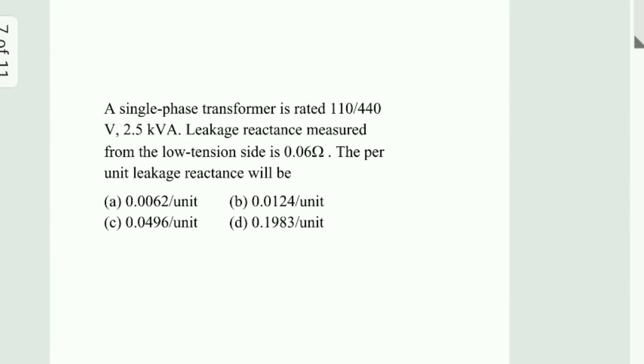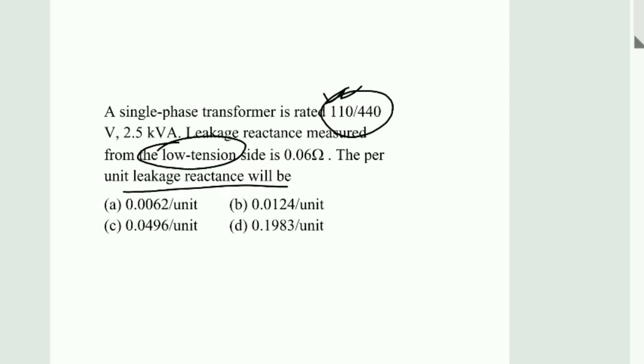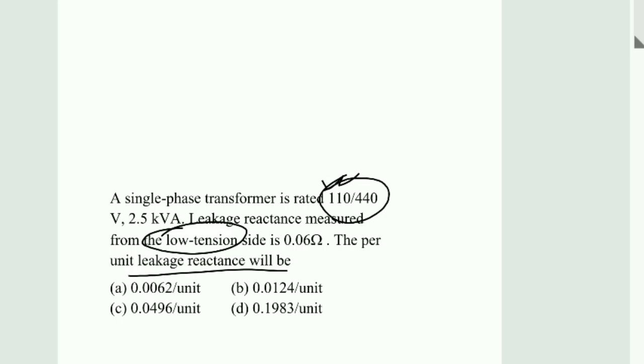Okay, next question is about a single phase transformer rated 110/440 volt and 2.5 kVA. Leakage reactance measured from the low tension side, that means 110 volt side, 110 वोल्ट की साइड से 0.06 ohm है लीकेज रिएक्टेंस मेजर्ड। We need the per unit leakage reactance. So now what is per unit? There is an upcoming video about per unit system, but now I am discussing it as per unit